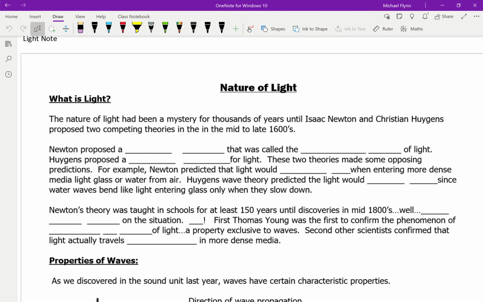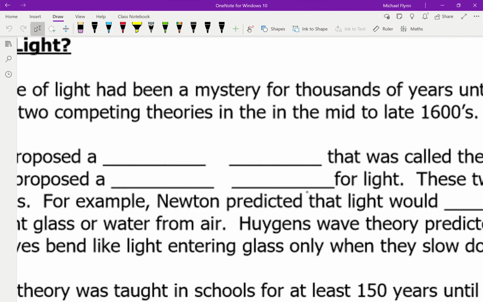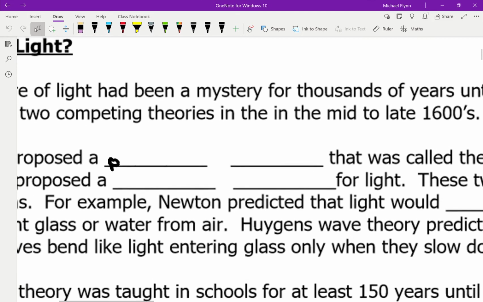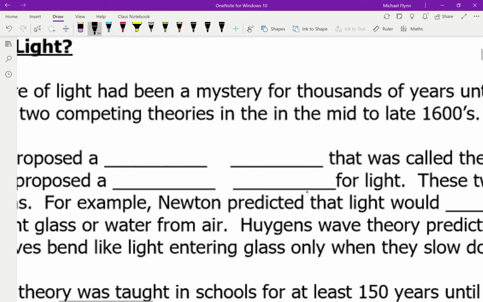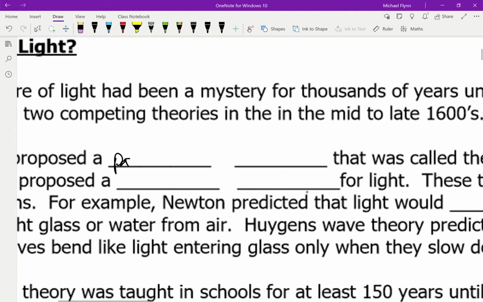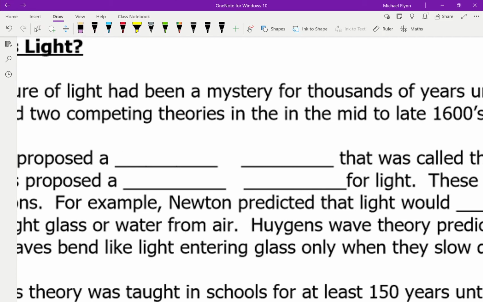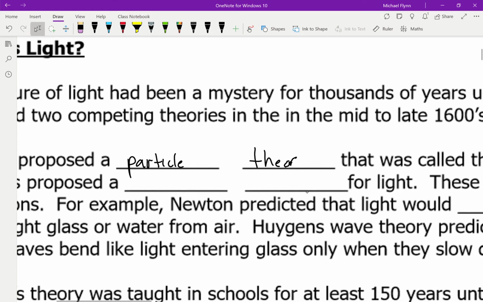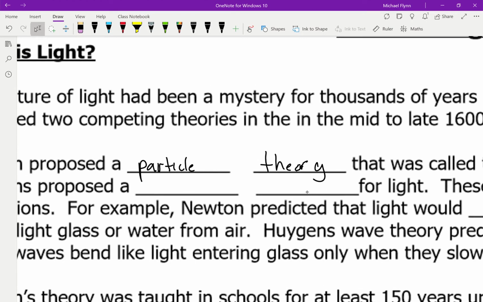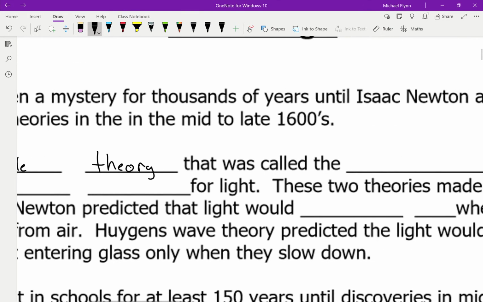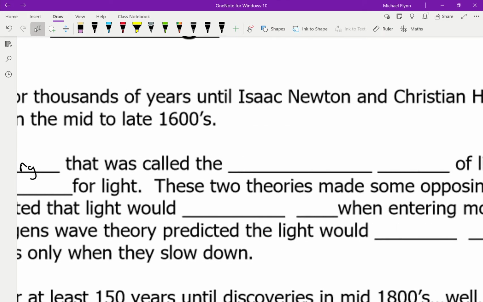Now, Newton proposed what is called a particle model for light. I'm sorry, these pens are a little too thick. Let me see if I can fix that. So he proposed something called a particle theory. Better. So, in other words, when we hit you with a beam of light, we're hitting you with a stream of particles,